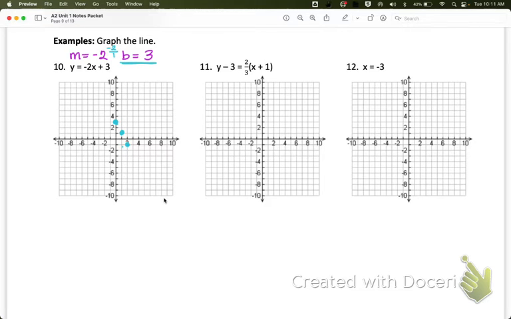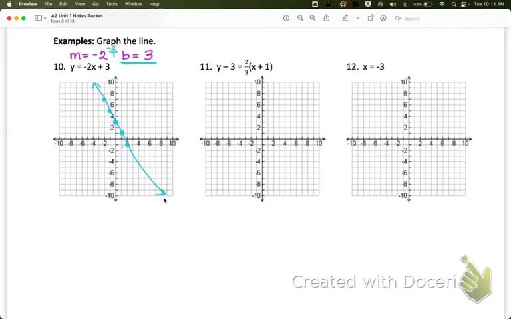Now, if you want to go in the opposite direction, we have to reverse everything. So instead of down and to the right, I would go up and to the left. And you don't need 5 points. You technically only need 2 points to graph a line, but it does help you draw it a little nicer, especially if you have a straight edge, which is hard for me on my iPad. But if you can use a ruler or the edge of your student ID or the side of your calculator,